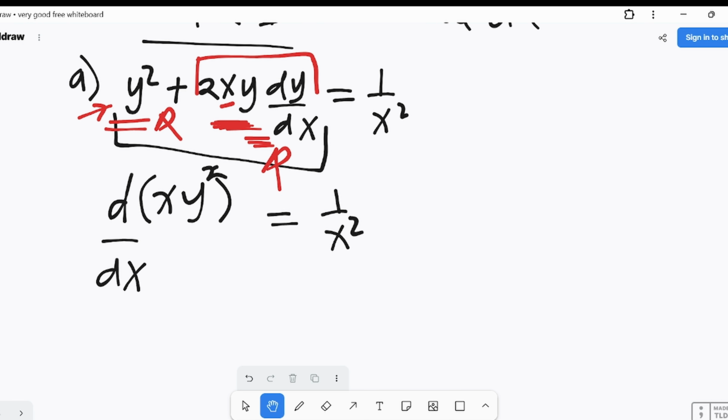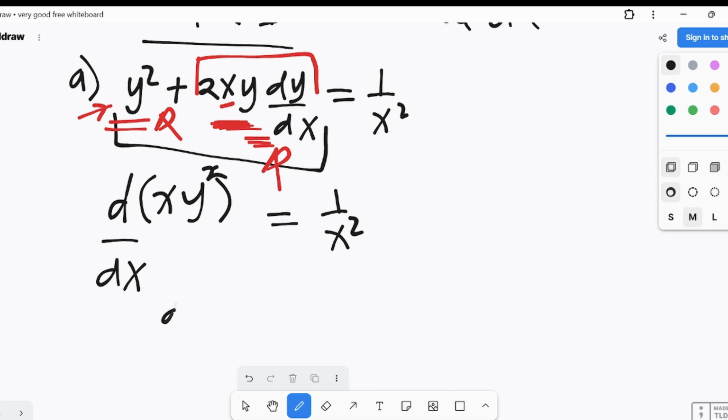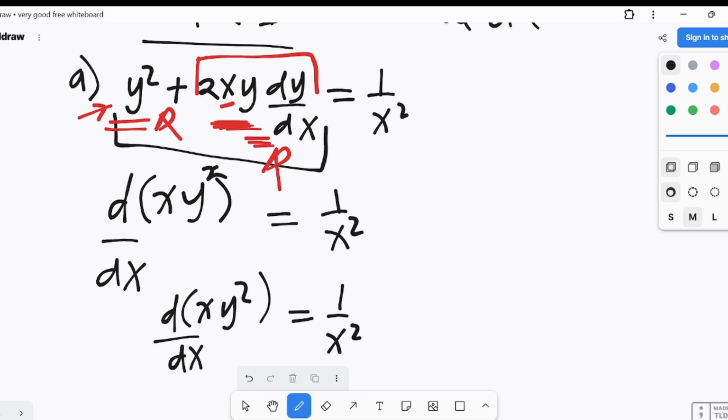So when we go further, we realize that we can have our xy square dx is equal to 1 out of x square. So you can go ahead to integrate. Now, this is where we keenly see. If you want to test, if you differentiate this, you must exactly get that expression. Exactly. That's why we call it exact. So if we go ahead to integrate on both sides,